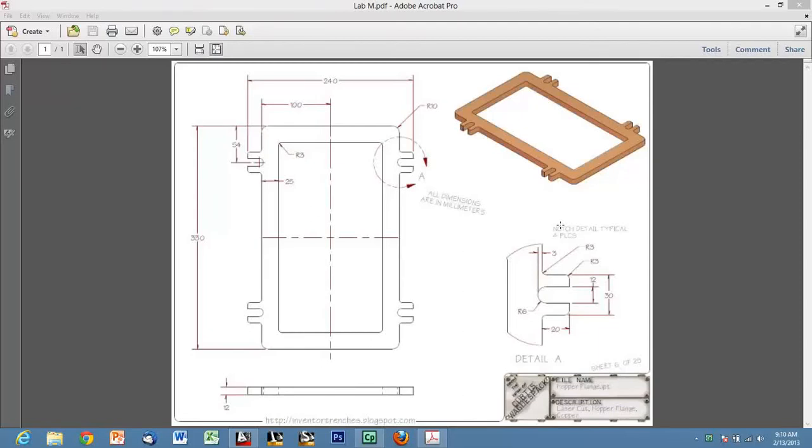Welcome back to Design 113 Intermediate CAD. In this video we're going to be taking a look at Lab M, and this is just a sample drawing that I pulled off the internet, so something a little bit different than what's out of the book. It's called Hopper Flange, and I'm going to show you guys how to model